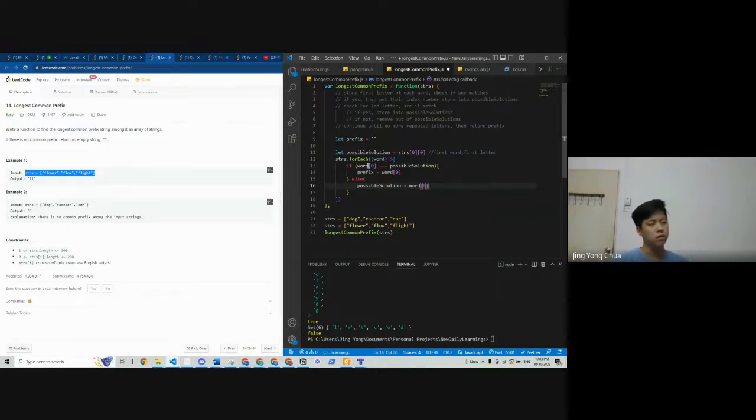Wow, what if there's two? But what if there's like 2 letters? Let me think. They should be able to grab only one prefix, right? So if let's say it was like flower.